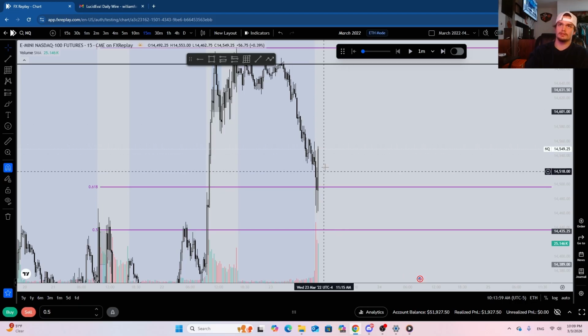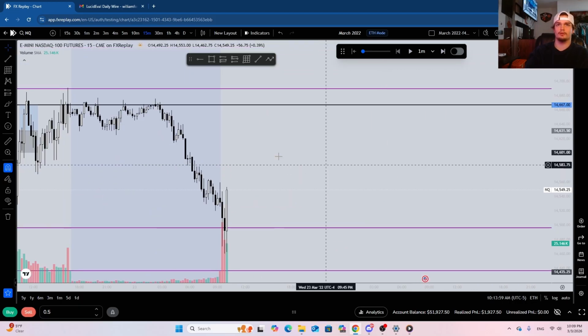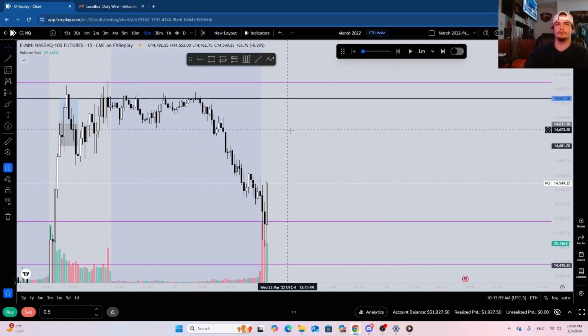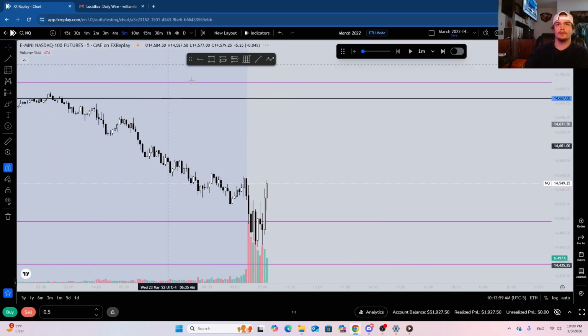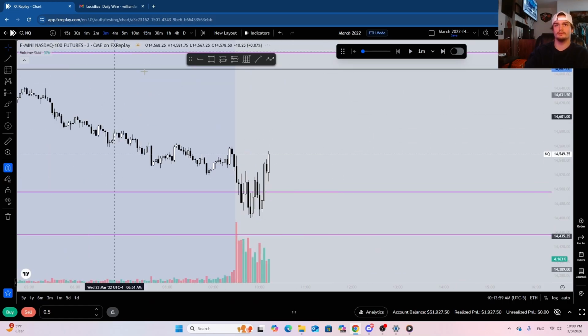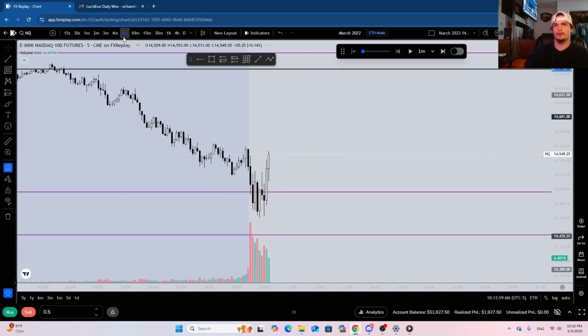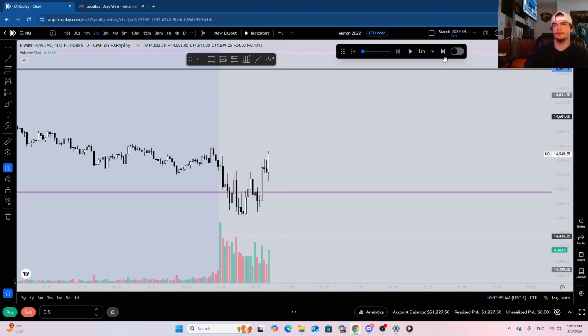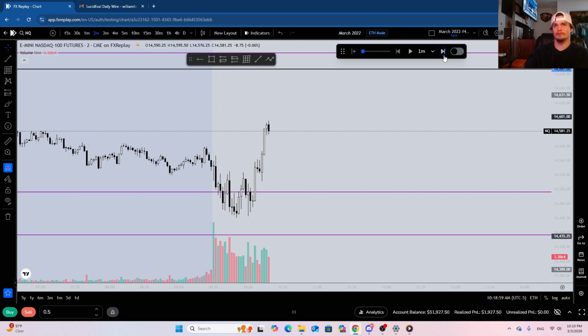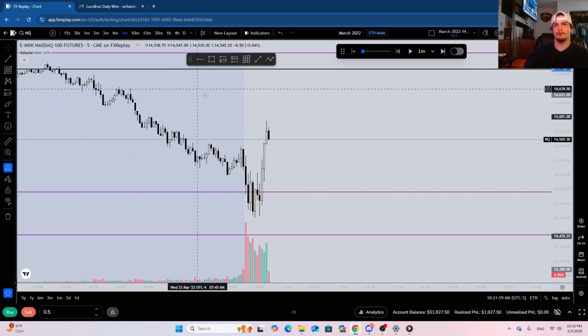I would like to see us come deliver to all this stacked liquidity up here, and we have relative equal highs up here, so it is solid. Let me see if I can get some sort of retracement here. So we come into this 3-minute. This 5-minute has not opened up yet. Don't do me like that. All right, so we have a 5-minute that's opened up here.